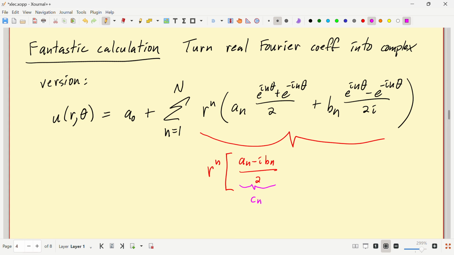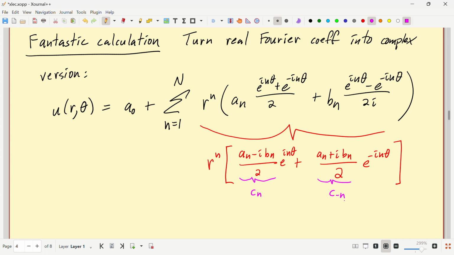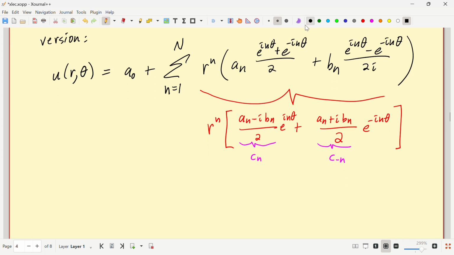And the other one is an plus i bn over 2. This one's times e to the plus i n theta, and this one's e to the minus i n theta. And this was C minus n, the complex Fourier coefficient. And so I claim that what you get is a naught plus, this is going to infinity,